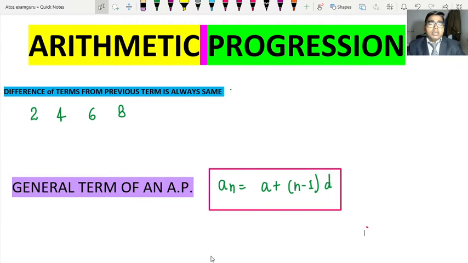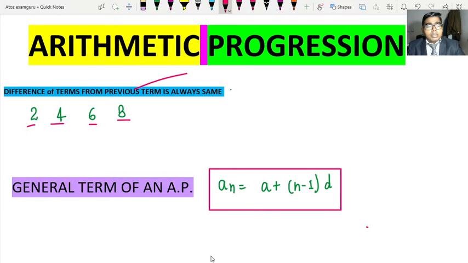Meaning, if it is given to you on this screen as 2, 4, 6, and 8,